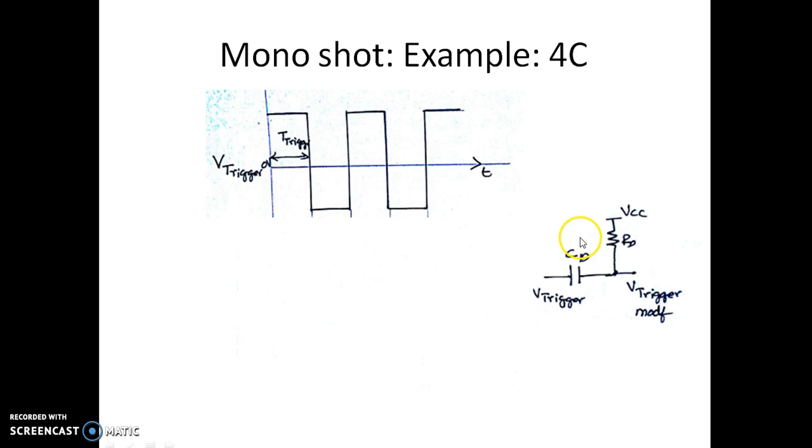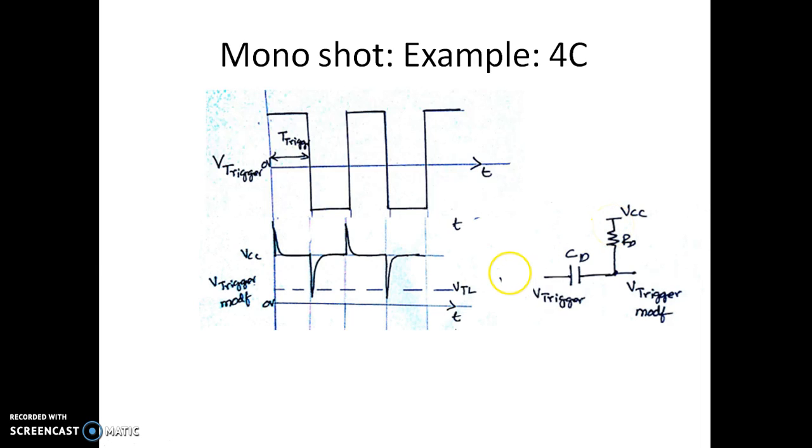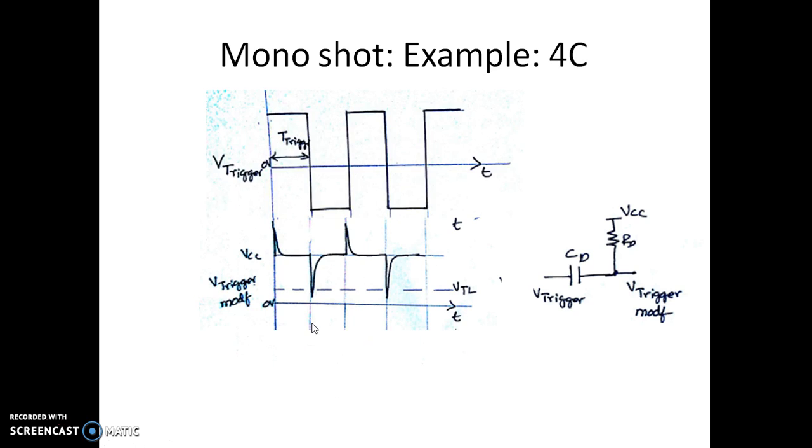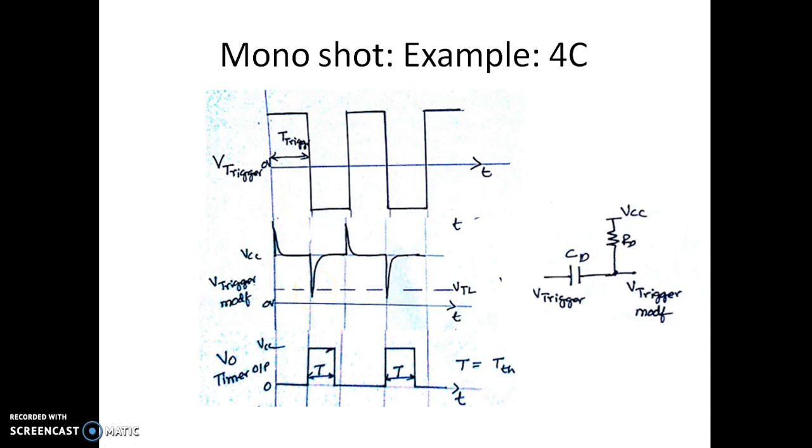You can see we are now clamping this to VCC. We end up with a waveform now. The previous waveform was centered at 0. Now it is centered at VCC. Now it is clamped to VCC. Now you're getting a generated signal. For a very small duration it goes to a state which is less than VTL, and the output goes to high state. This T is exactly equal to our T theoretical is equal to T practical. So in order to just ensure that this doesn't cross